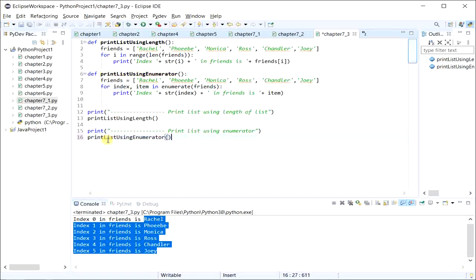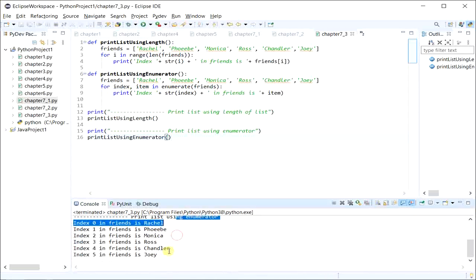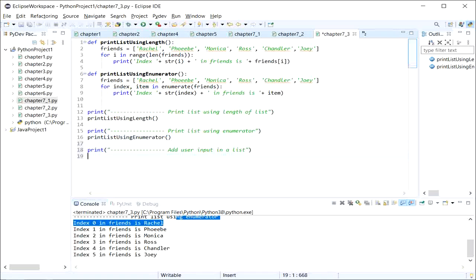I've called this enumerate function and let's run it. Yes, so from enumerate I get the same list as before. So there are two options by which you can display all of your items in the list, the length and the enumerate. Now let's move ahead to the interesting part where you are accepting an input from the user